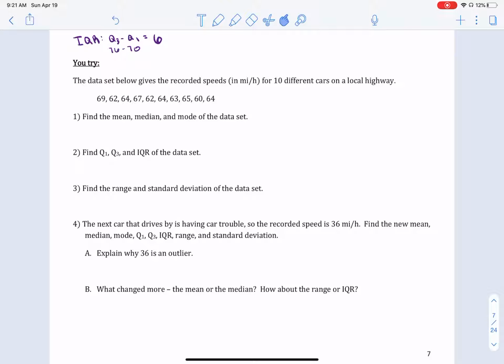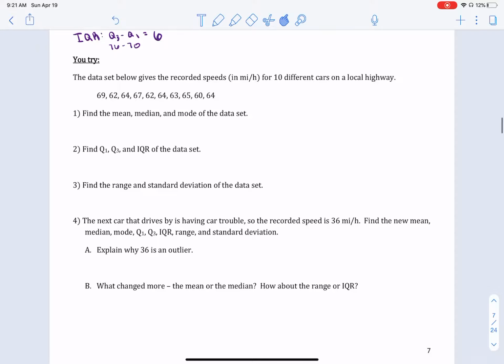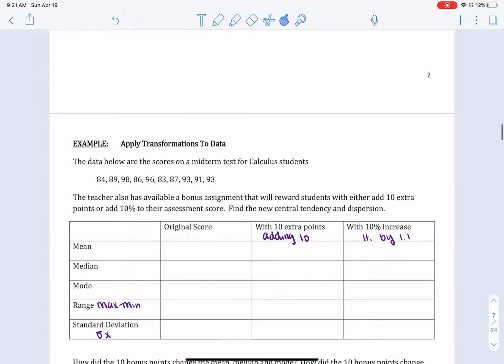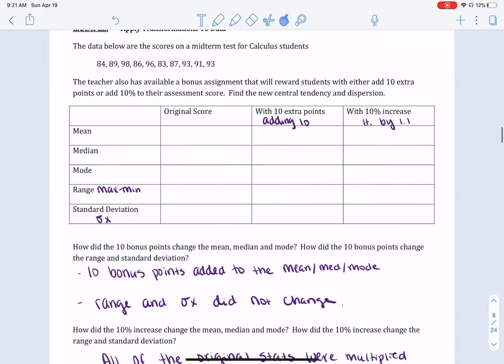Check it with the answer key of the notes that are in Schoology and see how you did. And make sure you let your teacher know if you have questions. And then I'm going to talk about this example really quick because you might see something that kind of comes